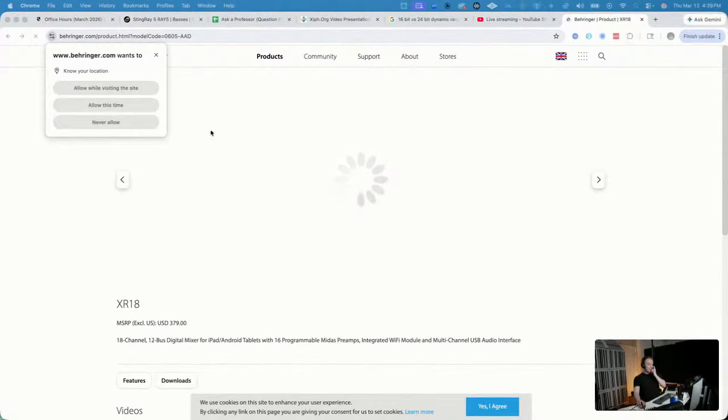Now, if you can't afford that, there are some options that are less expensive, and they have the same engine running, but they don't have the physical control surface. So you could control them with a computer or with a tablet. Something like the, what's it called? Behringer XR18, I think. Yeah, I think that is what it's called. So this is something that I might recommend if you're doing live mixing, especially if you're doing an actual band, okay? And then I'll give you some other options after this.